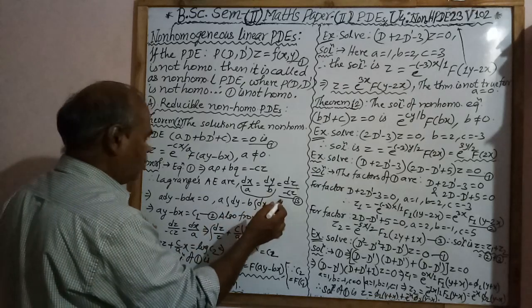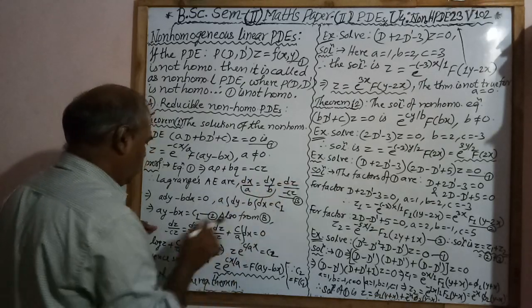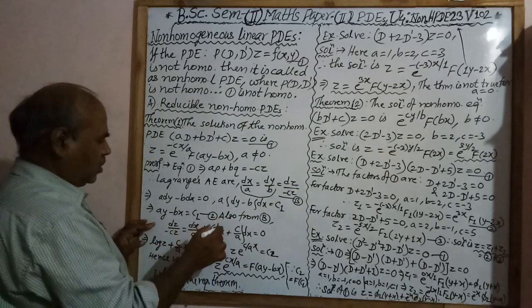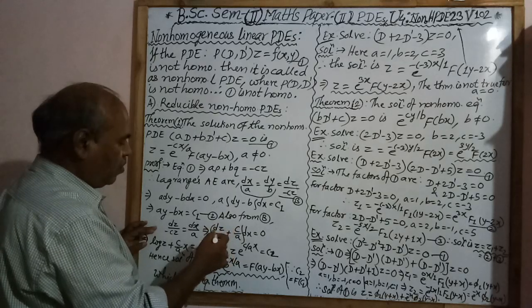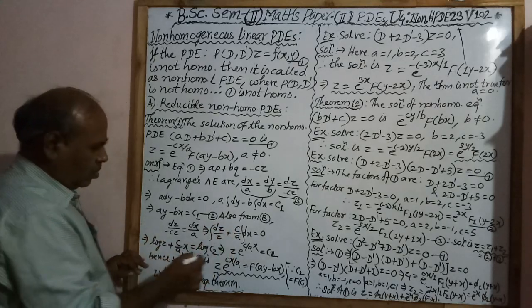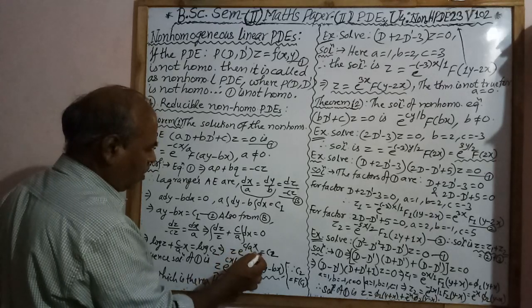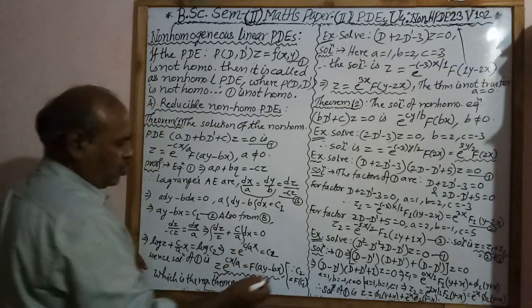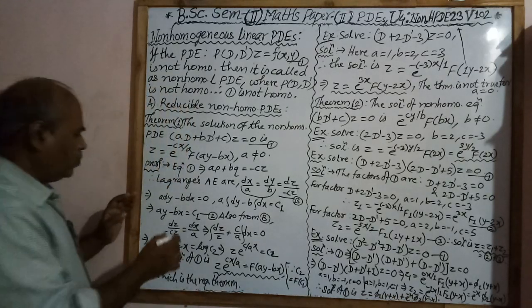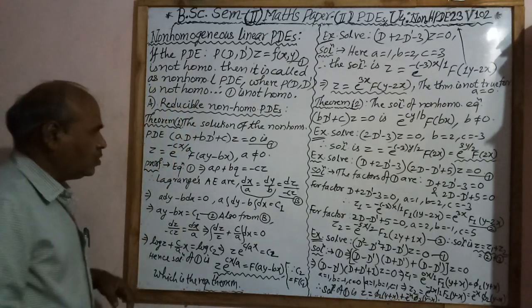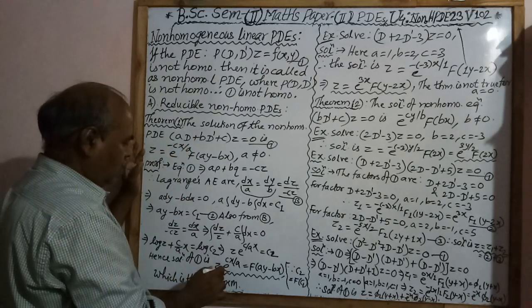Also we consider the last ratio and first ratio. Equating and adjusting, dz/z = -(C/A) dx, which is in variable separable form. Integrating, we have the second solution, z e^(Cx/A) = c2. Now we suppose c2 = f(c1), and c1 is given by Ay - Bx. Hence the solution of the PDE is given by this.